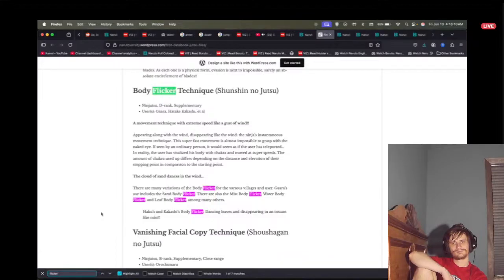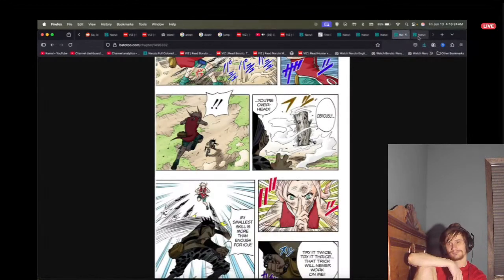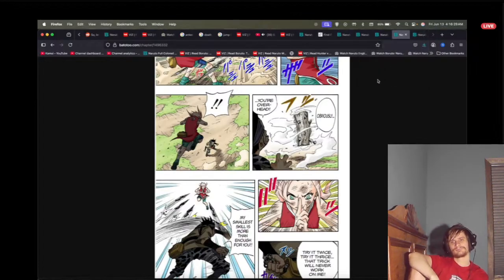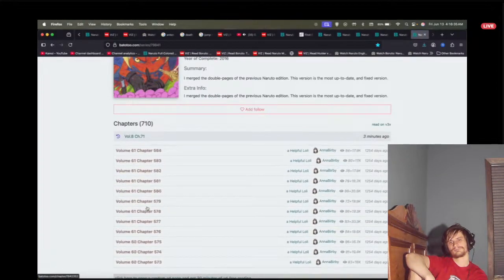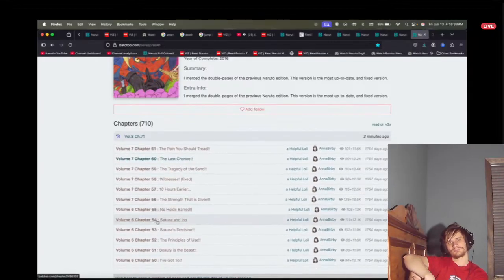And also, if those are the hand signs for the transformation jutsu, why would they be recognized as the hand signs for the substitution, especially when the transformation jutsu requires a different hand sign than what we see there? Like chapter 54, where is that? Naruto just uses, I think, the double ram hand sign for his...